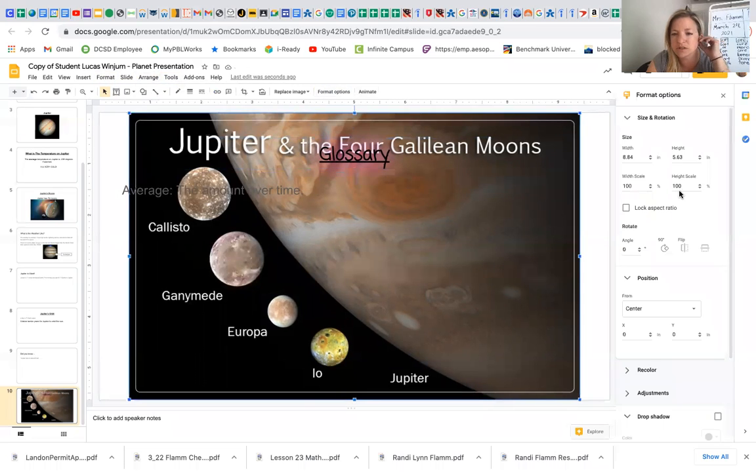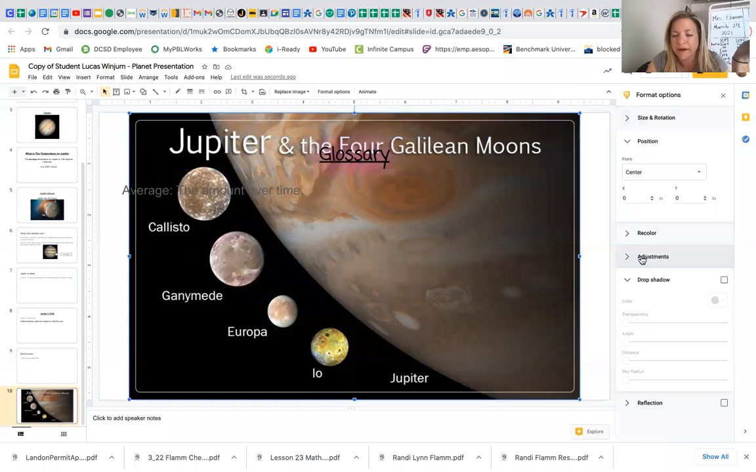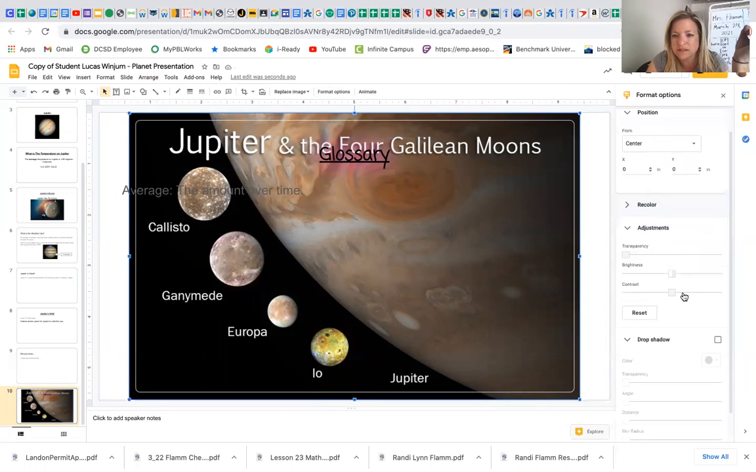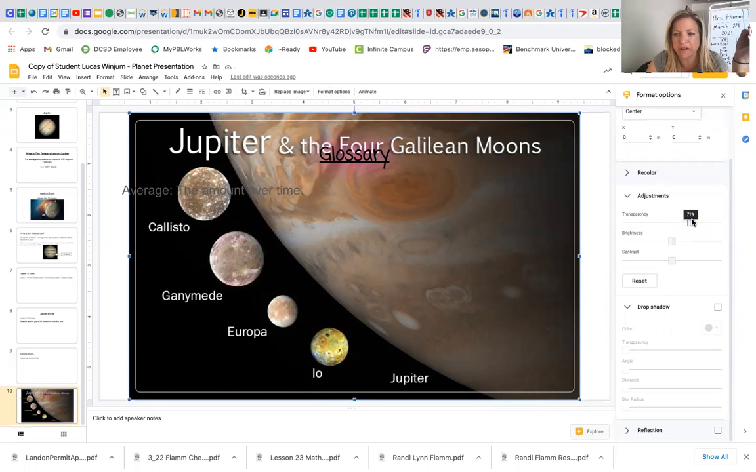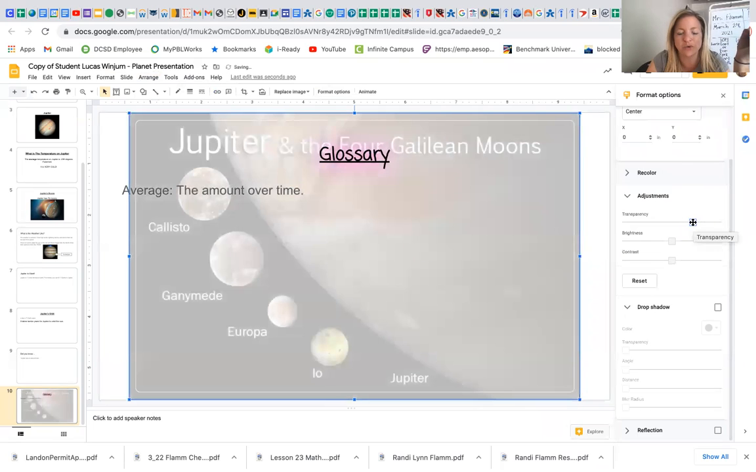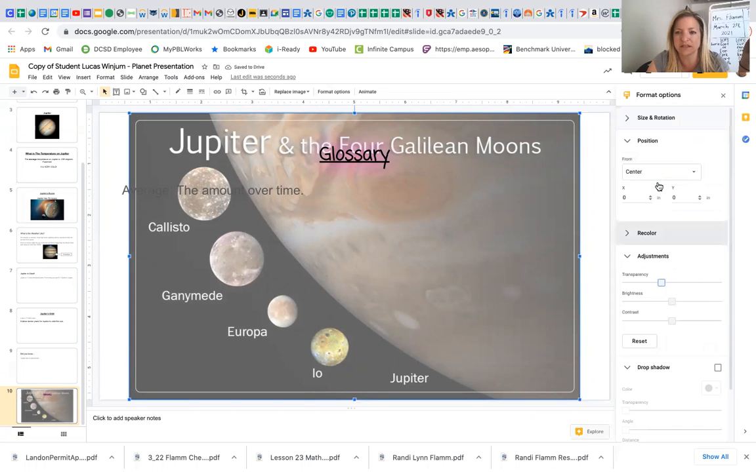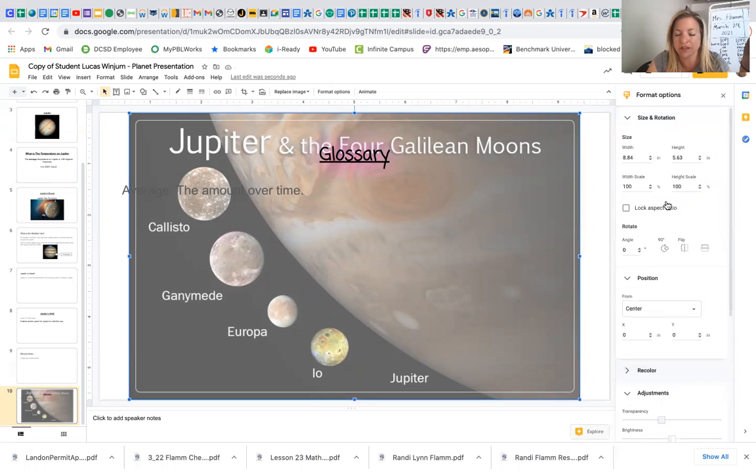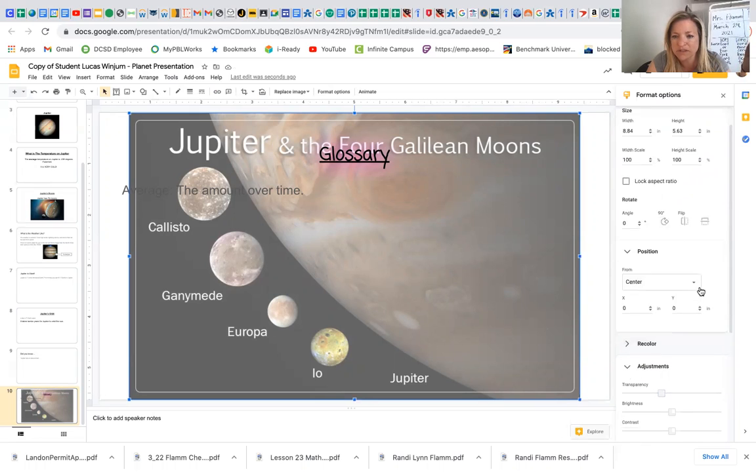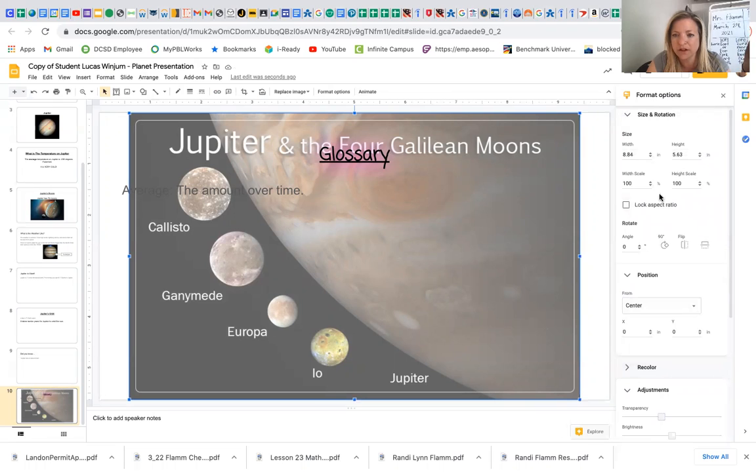Format options. Let's see, size and rotation. Close out of that. Adjustments. Let's make it really transparent. There we go. Cool. So now I've made my photo transparent, and I could also make it the same size as the page. Let's see, position, centered,